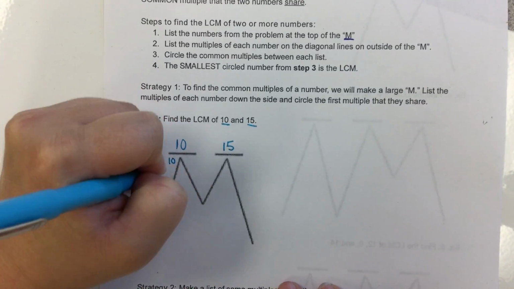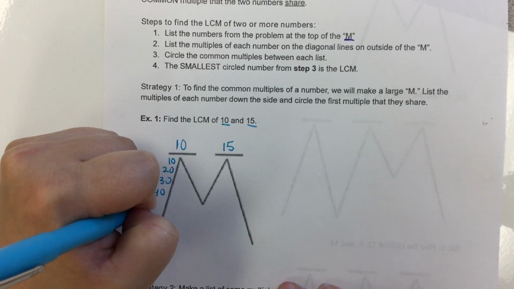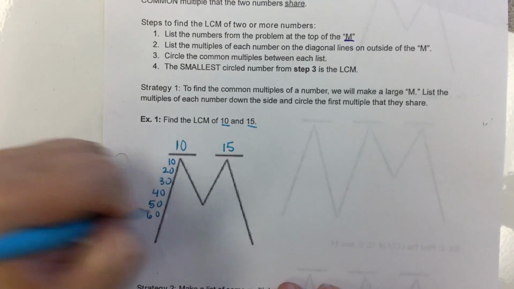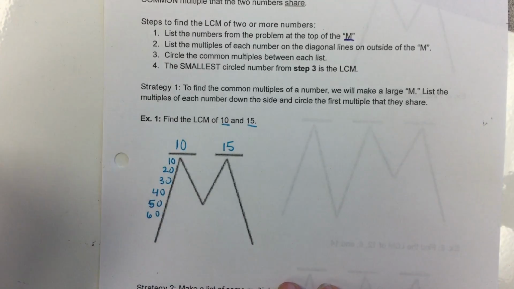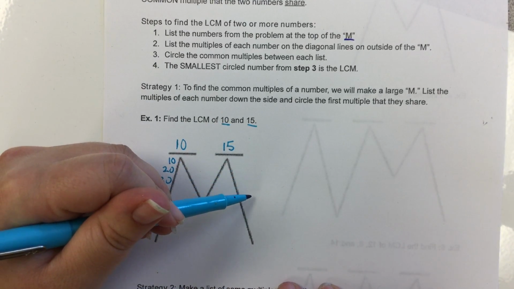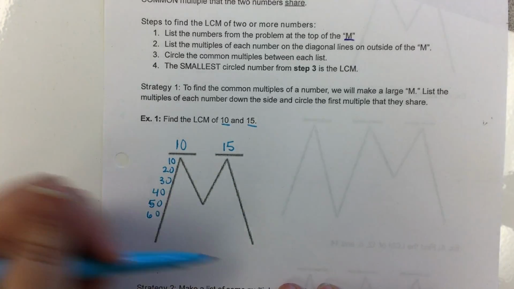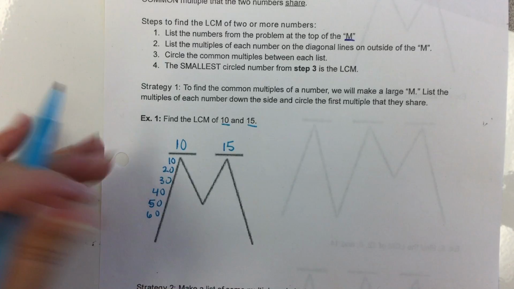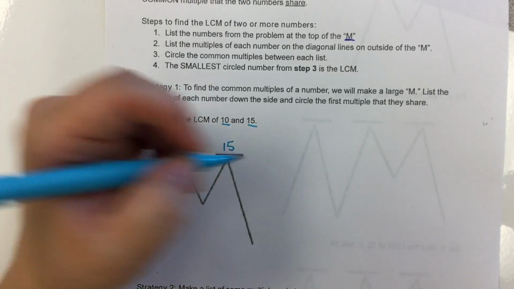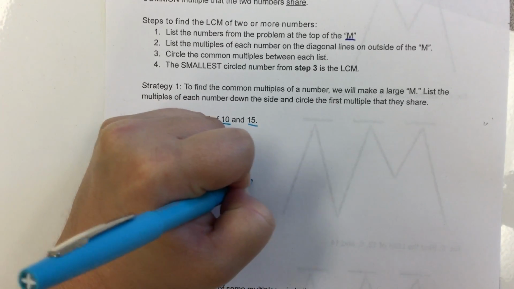Let's start with 10, 20, 30, 40, 50, 60, okay? Now, I usually just go a couple of numbers and then try the other side. And if I don't get a multiple, then I just come back to each side and keep going until I have a multiple. So on the right side, I'm going to list the multiples of 15, starting with 15, 30, 45,